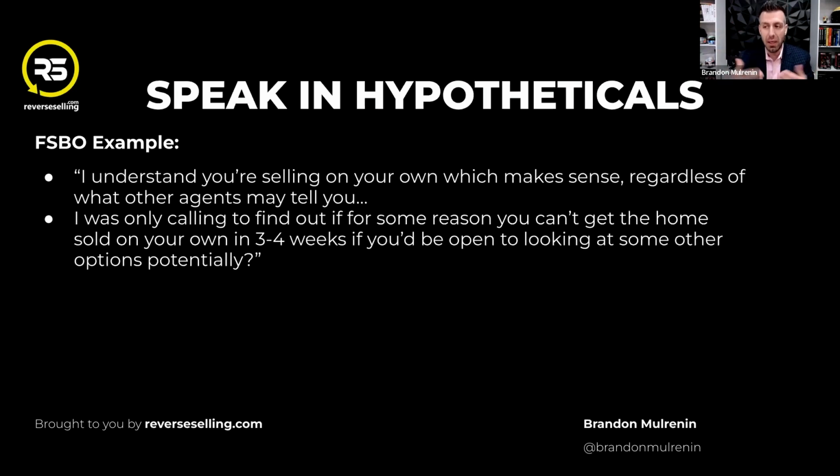Now, what are we doing here? We already know the for sale by owner, the likelihood of them listing with an agent the first day they try to sell their house on their own, is it high or low? It's very, very low because their optimism right now is super high. I'm selling this on my own. I don't need a realtor. I don't want a realtor. I don't value realtors. But what happens over time is when they don't sell on their own and they get frustrated with all the lowball offers and all the investors calling them and all the realtor boneheads calling them, they start to lose the optimism. Conversion with all for sale by owners lives between weeks 4 and 6.